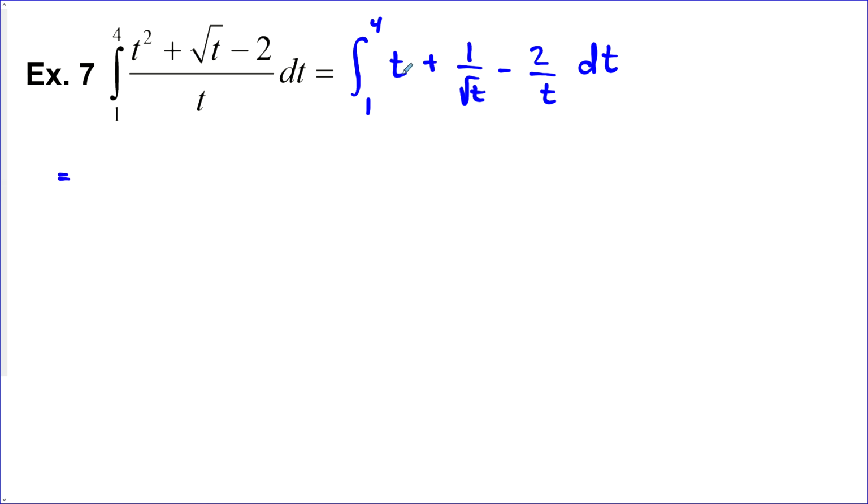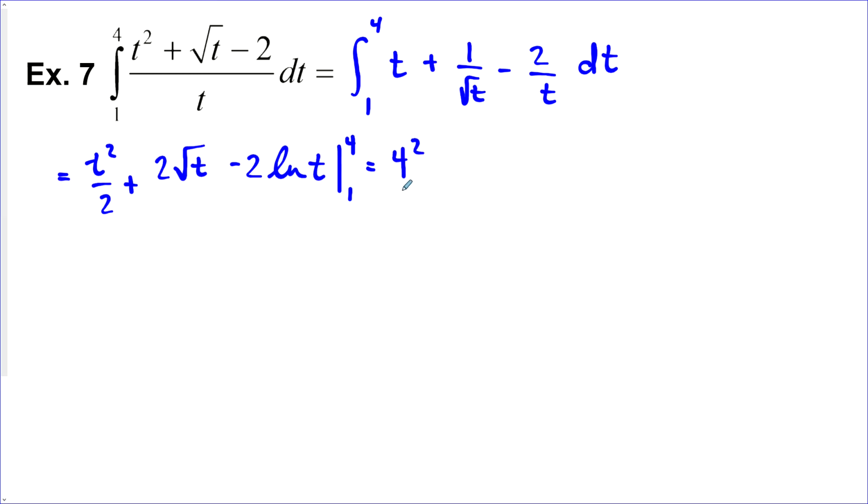And we can take the antiderivative of t, no problem, and 1 over the square root of t as well. And that would be a 2 coming down, or a 1/2 coming down, so I need a 2 here. And minus 2, and I know that if I just have a t alone here in the denominator, that came from the natural log of t. Now I need my evaluate at symbol with my upper and lower bound here, and I will put in 4 into every one of these terms. So 4 squared divided by 2 plus 2 root 4 minus 2 natural log of 4